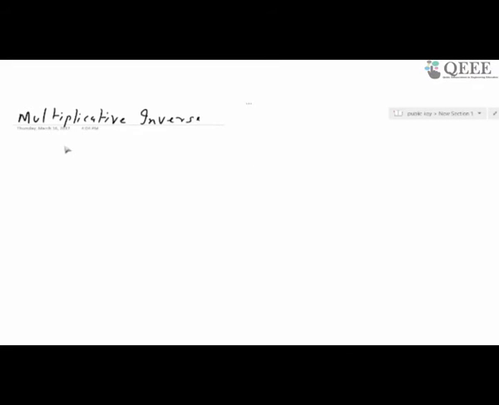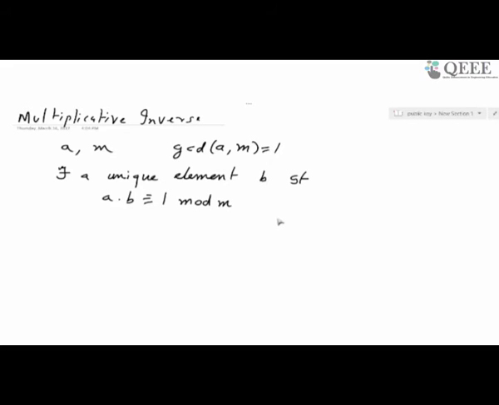Now if we take this element A as before and this element M such that GCD of A comma M is equal to 1, then there exists a unique element called B such that A into B is congruent to 1 mod M. So B is often referred to as the inverse of A,